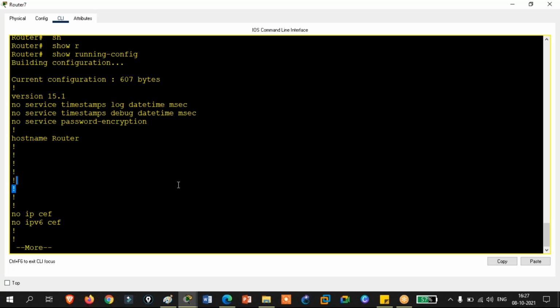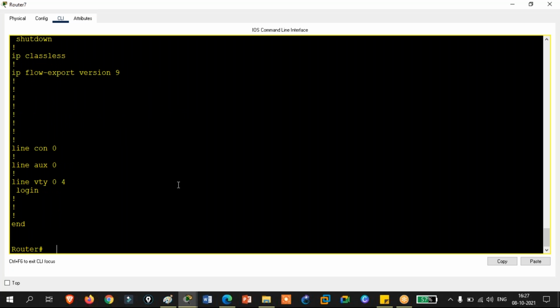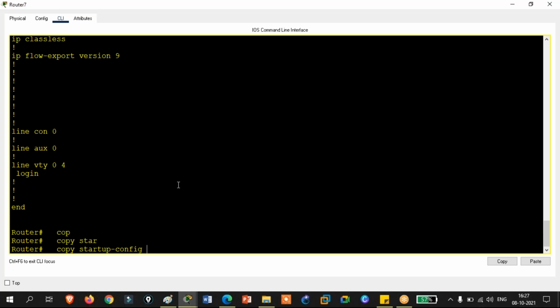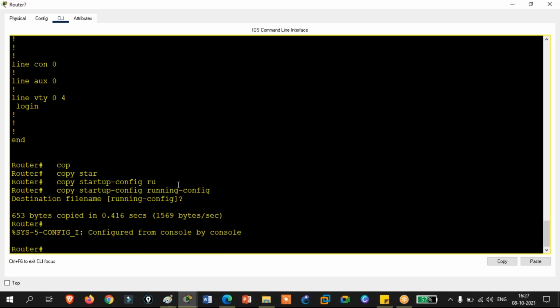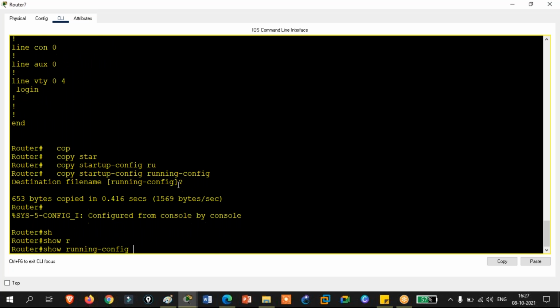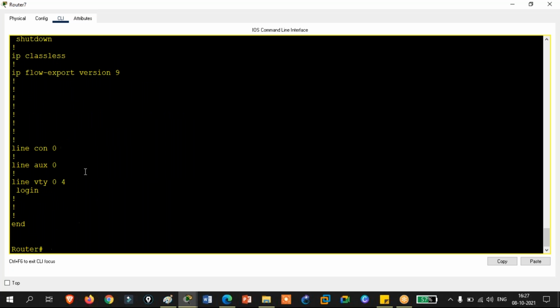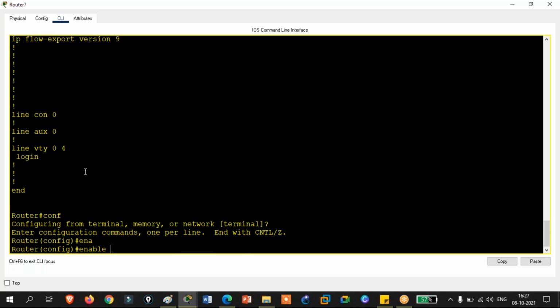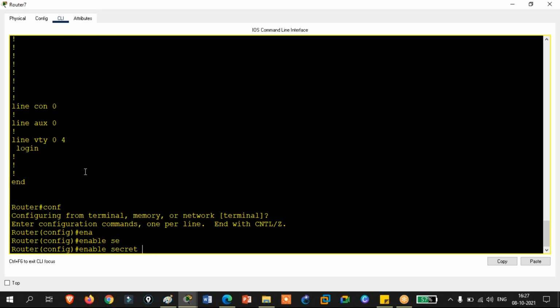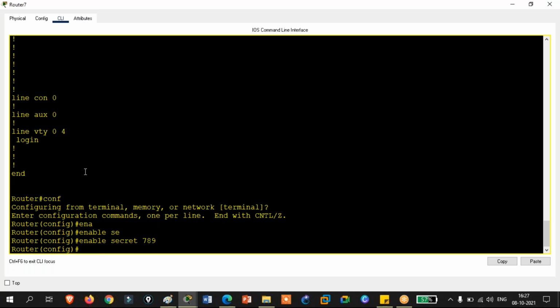Now before changing the configuration of the router, you need to do a very important step, otherwise you will lose your configuration. What is that? First copy your data from NVRAM to RAM. Now if you check show run, you have the password. If you had saved the hostname, it will get the hostname. If you had saved the IP addressing and routing, it will get everything back. Only after doing that, you change your password. Let's say you don't know the previous password because it is encrypted. You can configure a new password yourself and you are good to go.